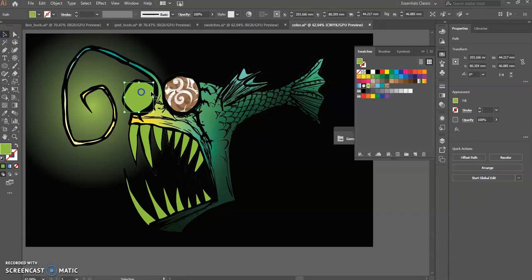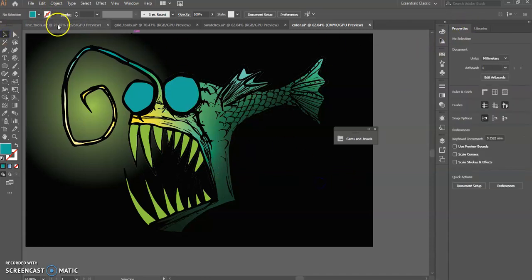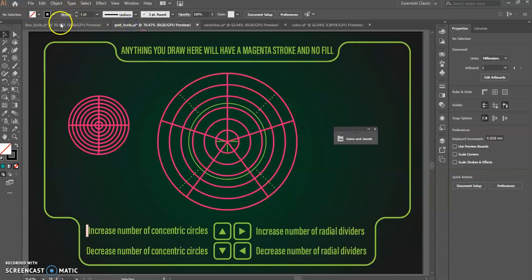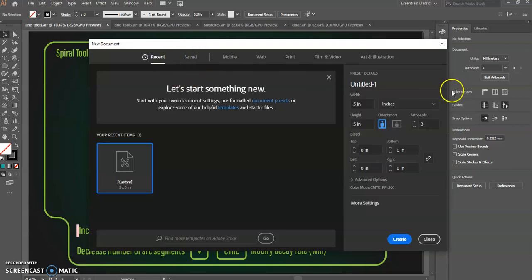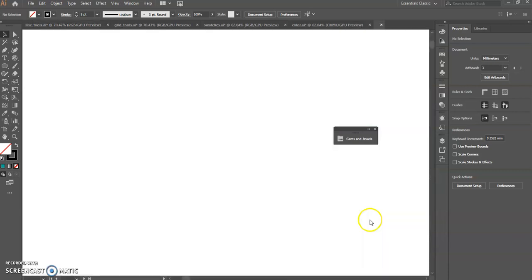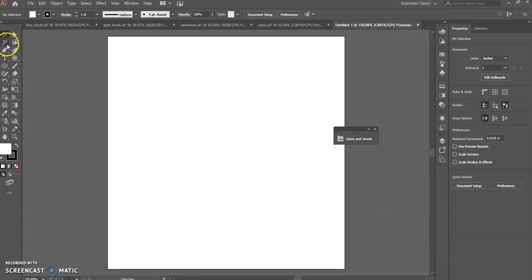That you think is going to look interesting. Again, we're playing around with some of these. And you can play with this today. So you're playing with the colors, you're playing with the lines. For your icons that you were drawing the other day, I would like you to create a new document today. And we're just going to create one artboard. We're going to make it 5 inches by 5 inches. We're going to go create. And I want you to take the line